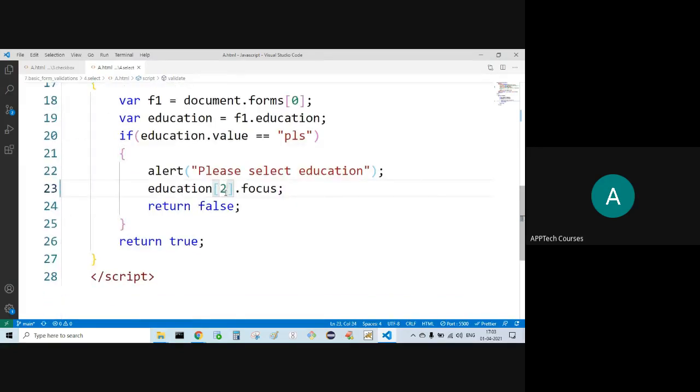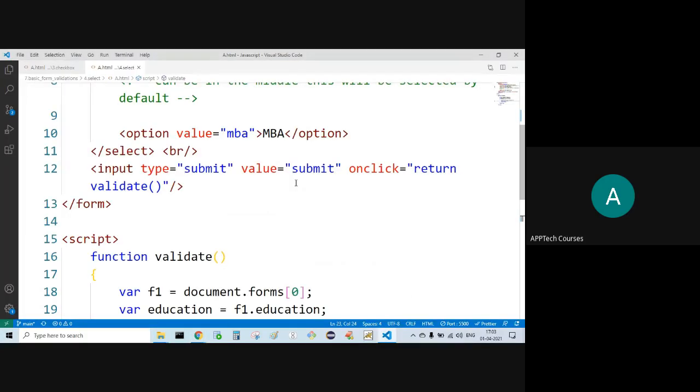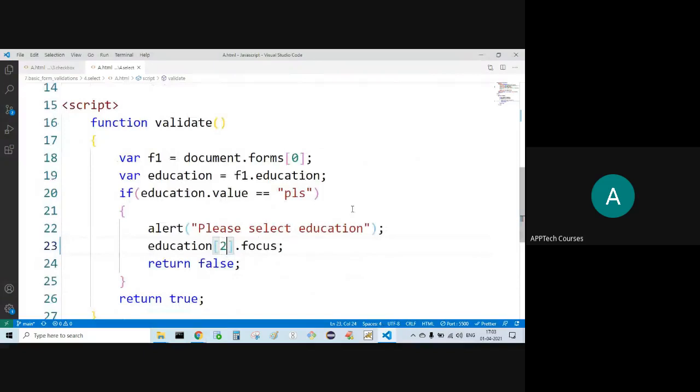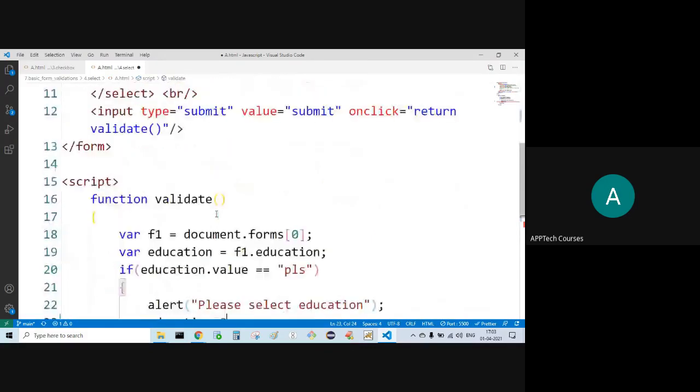Here. Third option. No issues at all. What is the issue? Education. Value.